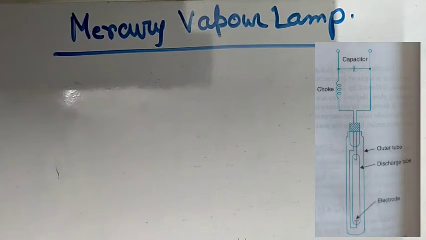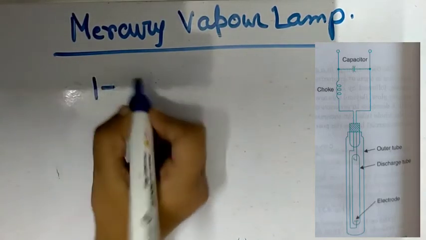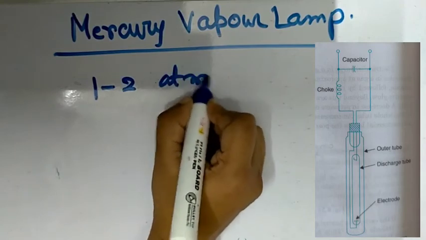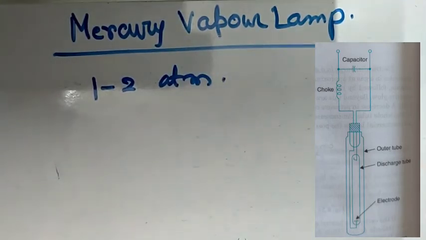A more recent development is a high pressure, 1 to 2 atmospheric, mercury lamp in which a small but carefully measured drop of mercury is introduced in the bulb, and the vapor pressure rises until all the mercury is vaporized, when the light given out has a bluish tint. Here also an inert gas is introduced for the initial discharge of the mercury.